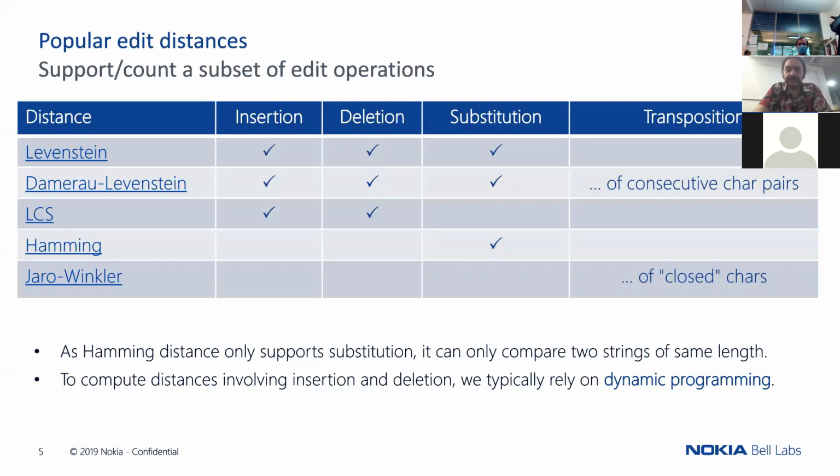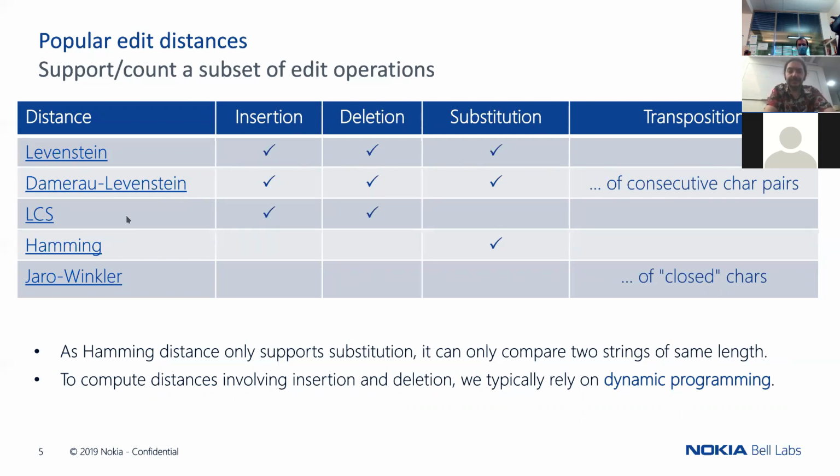I will cover a set of distances. The most famous one is the Levenshtein. Oh, sorry, there is an H missing. This is because the guy is Russian, so it's not the Germanic. It should be SH, whatever. The Levenshtein distance is, say, the most generic one. Then you have Damerau-Levenshtein, which is a variation of Damerau. As you can see, you use the same set of edit operations, but you also enable the transposition for consecutive pairs of characters.